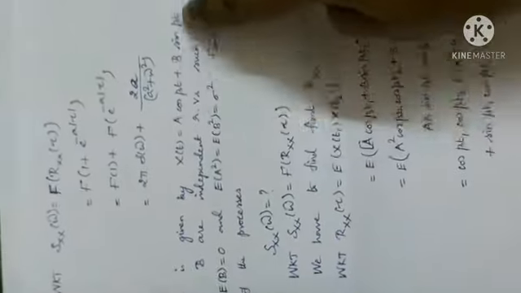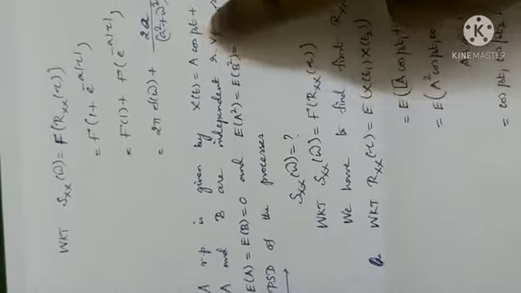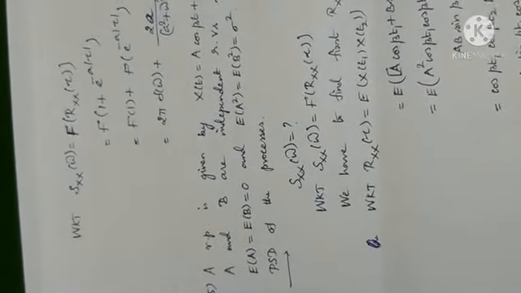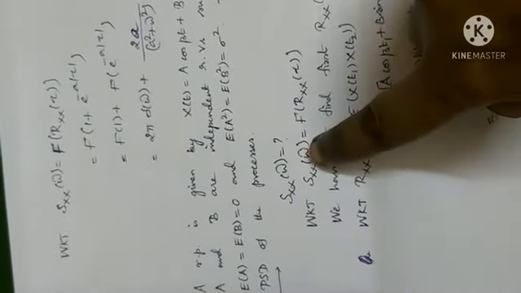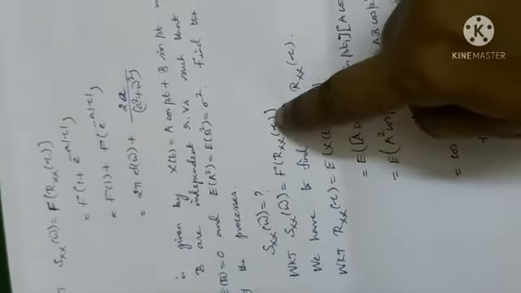See, next comes a random process given by x of t, where A and B are random variables. Listen here. You should know what the random variables are, so that you can do the problem. A and B are random variables, E of A, E of B are 0, E of A square, E of B square are sigma square. The question is find the power spectral density. Usually they give the autocorrelation function, and we find the power spectral density because it is the Fourier transform of the autocorrelation function. Here the autocorrelation function is not given. So first we have to find the autocorrelation function. Later the Fourier transform of the autocorrelation function is the power spectral density, which will complete the problem.